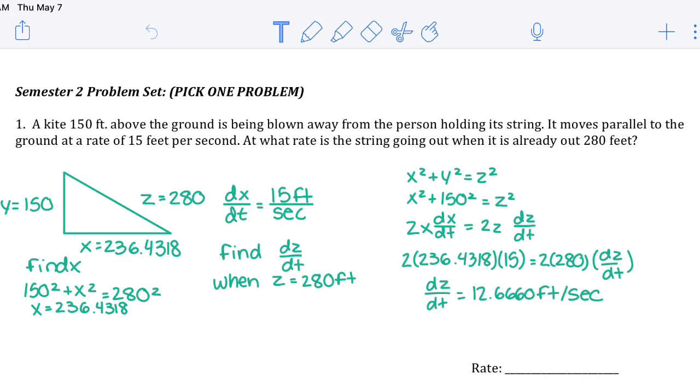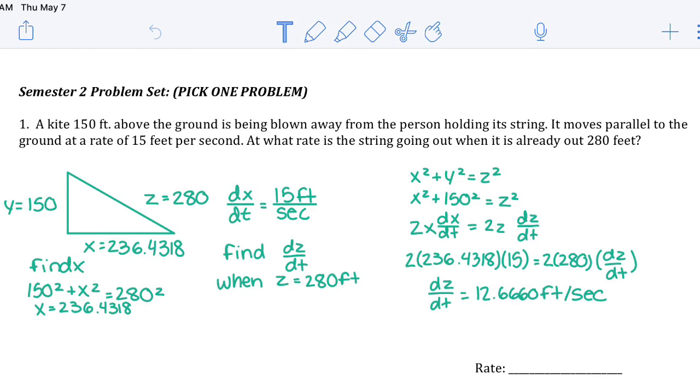The picture I drew is a right triangle, and its vertical leg is labeled y, and it's 150 because y represents the height of the kite. Its hypotenuse is labeled z, and it's labeled 280 because the hypotenuse represents the string of the kite, which we know is 280 feet because that's given to us in the problem. And then its horizontal leg is x, so you have to find x because that's not given in the problem. So under the triangle, I just wrote find x, and you use the Pythagorean theorem to find x, and you get